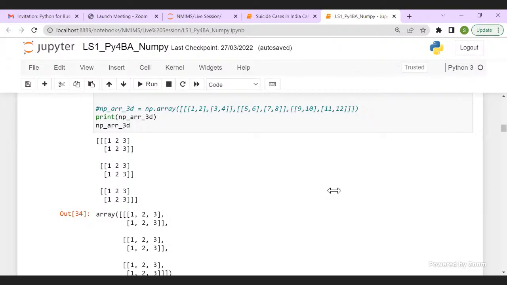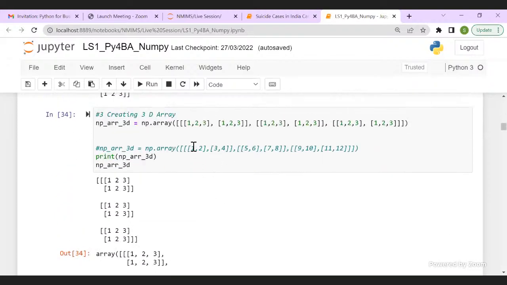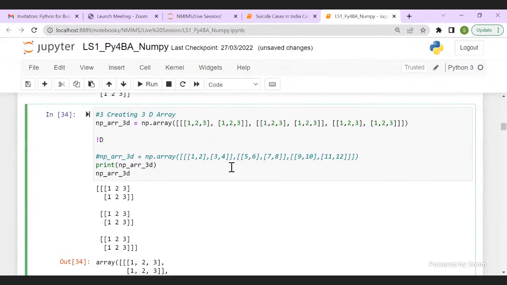Say you have a 1D array. So you have one square bracket, where your data elements are. Let me show you, Piyush, why you need so many brackets. When I'm creating a 1D array, I start with the square brackets, and you give your elements here. So these are the elements of your 1D array.